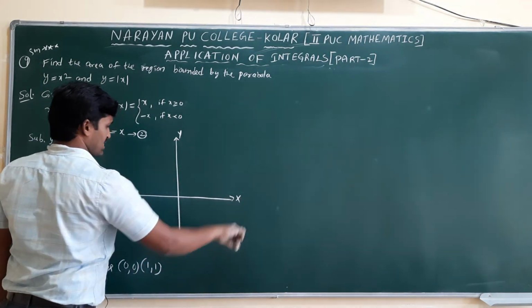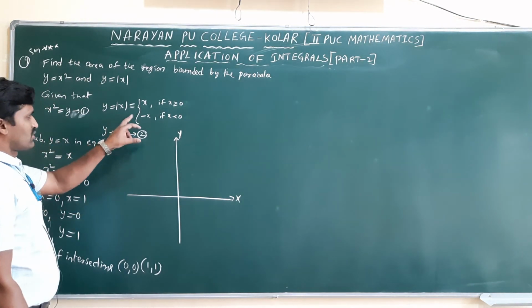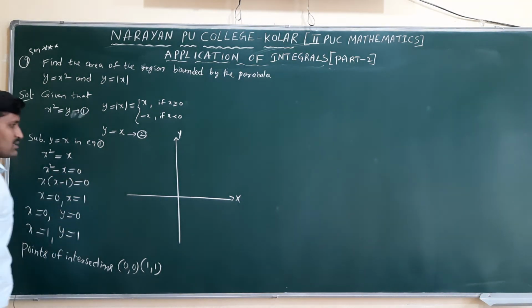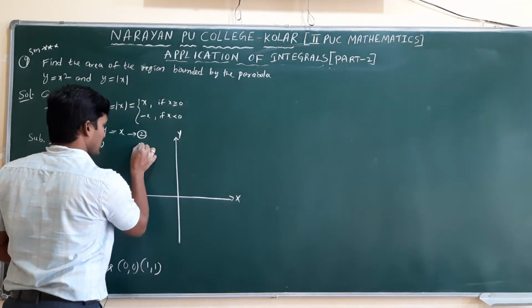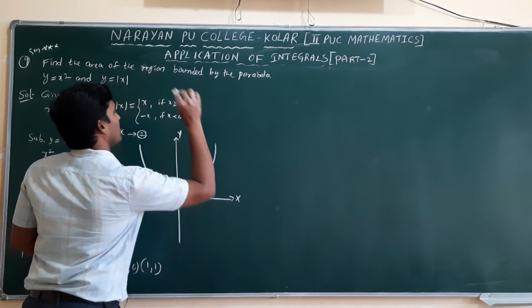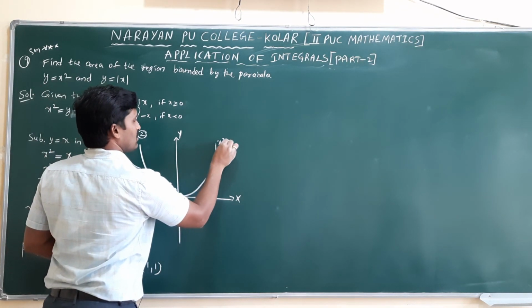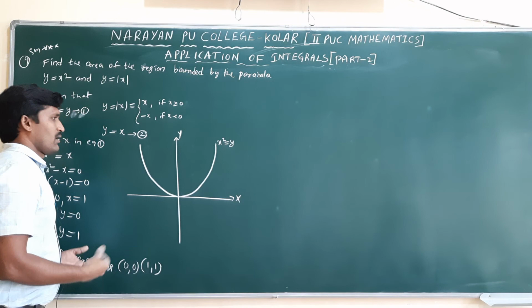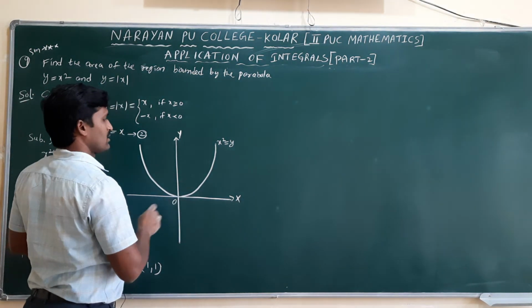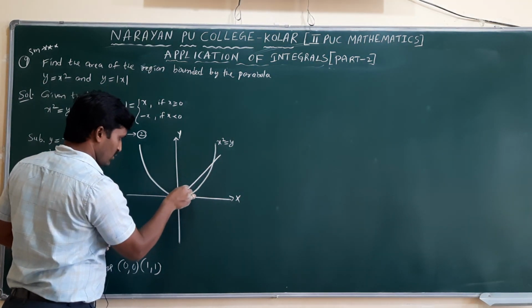Here y-axis and x-axis. On the negative side also we will get the same thing. If you take y is equal to minus x, we get 0, 0 and minus 1, minus 1 will come. One more point, those we need not find here. This is the third form of parabola clearly. This is x square equal to y, or y is equal to x square. This is the origin point. And I will take this is 1, this line is y is equal to x.